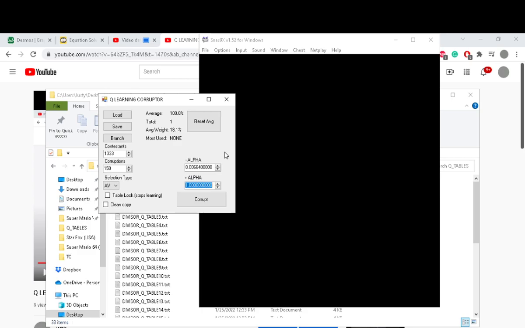So, as I say, all bytes start at 0.5. You don't know if they're going to be good or bad. But if the first time you edit a byte is bad, you want to have that slight negative so that it can differentiate the ones that have produced bad results,